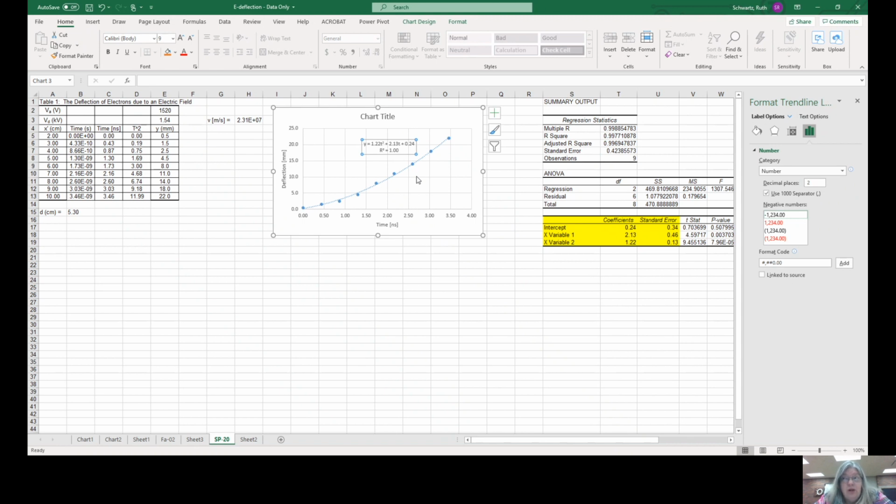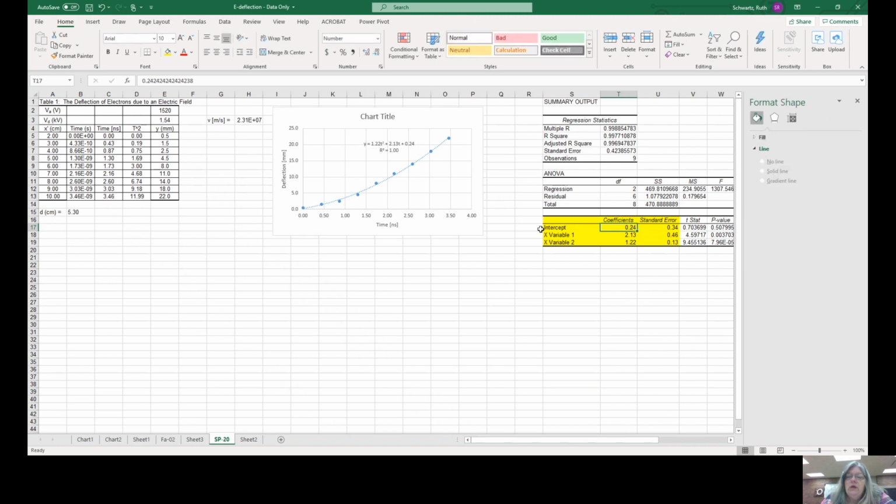If my data is quadratic, the only way that can happen is if my acceleration is constant. Okay. So if my acceleration is constant, it means the force on the electron was constant, which means the field was constant. So yes, our electric field was constant. Okay. The general form of deflection is y is equal to y0 plus v0t plus 1/2 at squared, which means